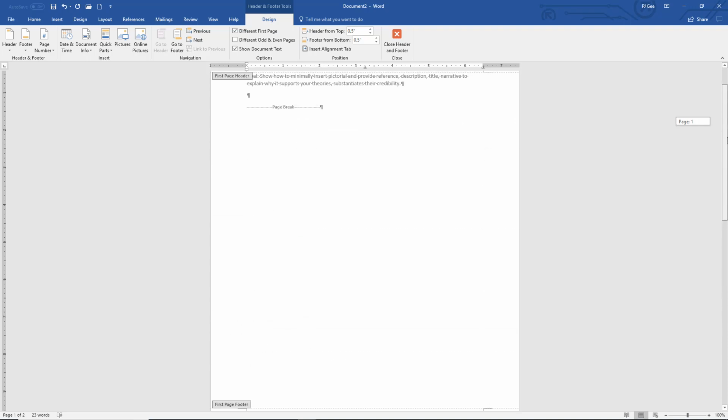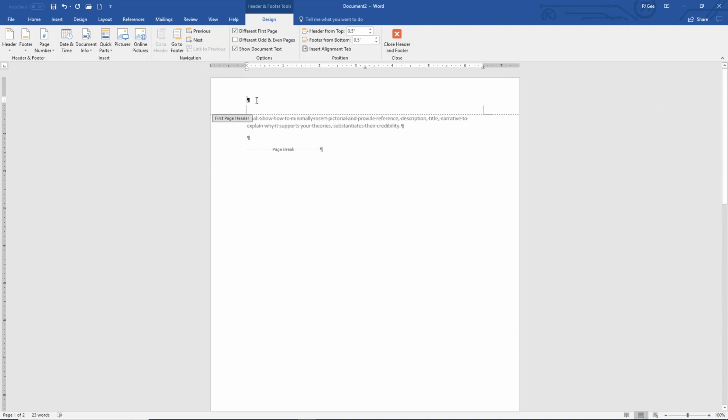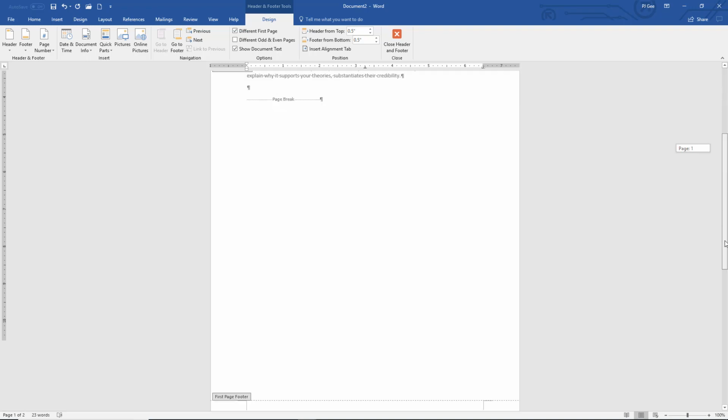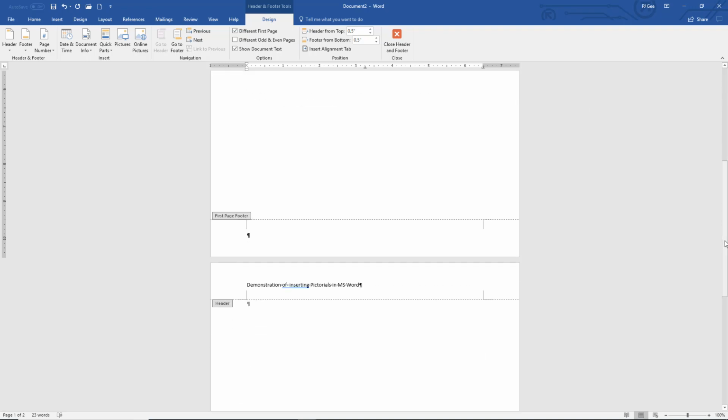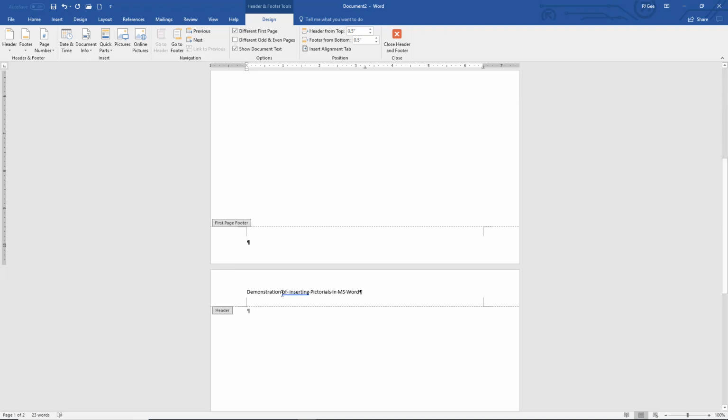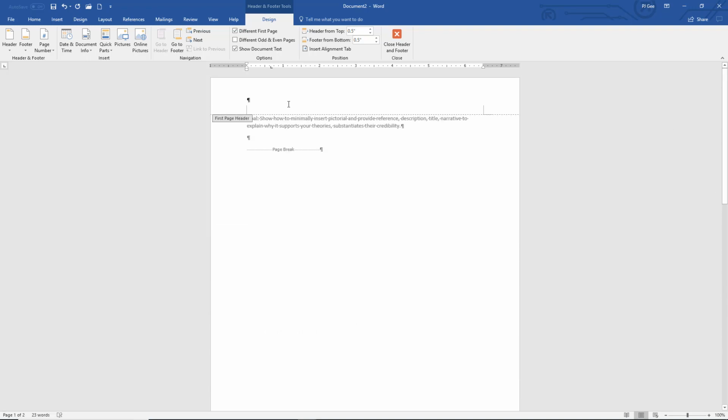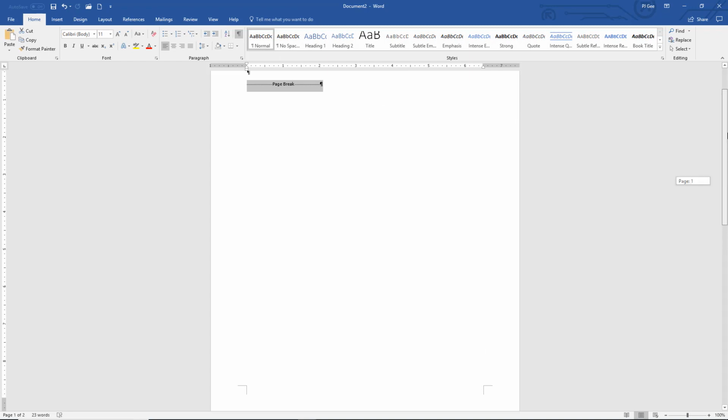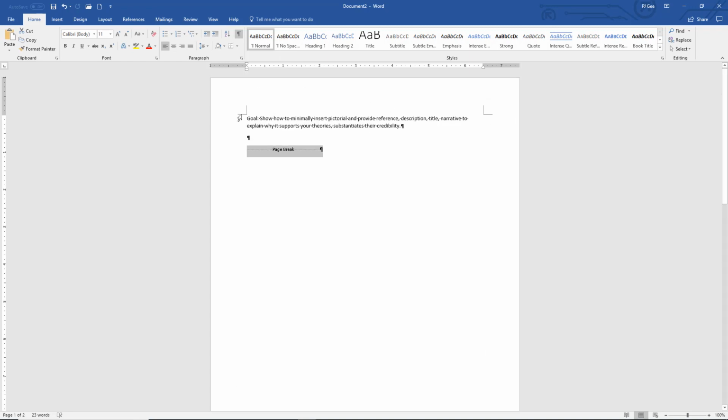So, different first page. What it did was it took away any header information that we might have had up there. I wrote some information up there in the header, demonstration of inserting pictorials into Microsoft Word. Okay, and that went away on our cover sheet. I'm going to double click back in the narrative body area that we have, and we're going to put in here, cover sheet,